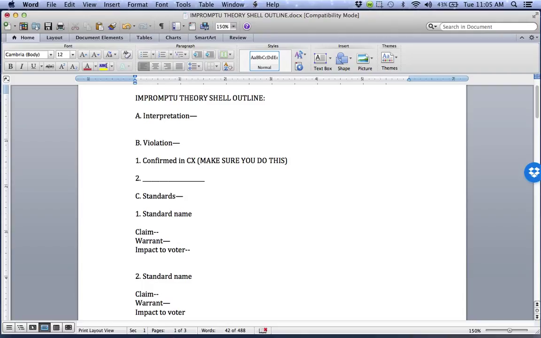A is interpretation: the affirmative cannot claim drop the debater on 1AR theory, but drop the argument on NR theory. B is violation: confirmed in cross-ex, and it's a spike in the AC. C stands versus Tratsky. The theory becomes easy after the 1AR because you can just concede the shell and go for the whole resolution because of the drop the argument on NR theory, but then you can go for 1AR theory and say drop the debater, which makes the 2NR extremely hard for me because I have to answer the entirety of the 1AR shell